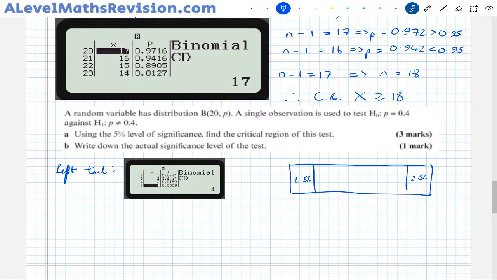So just writing that down, x equals 3 means the probability equals 0.016, which is less than 0.025. When x is 4, P equals 0.0509, which is greater than